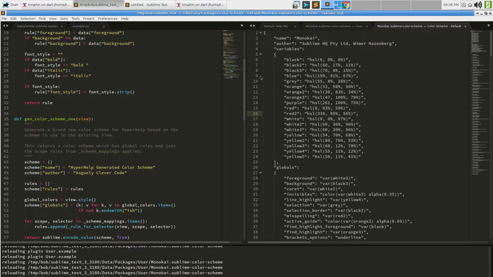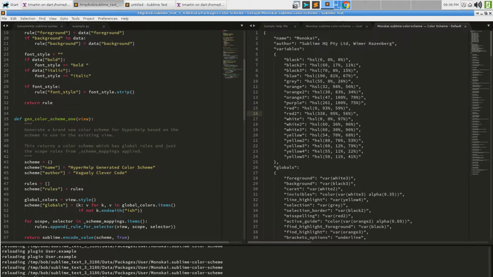So one might wonder, do we have to load this file and then load this file on top of it? Or we would have to be sure that this is the one we're creating. Don't load that one because that one's not valid. We're regenerating it, right? But maybe other packages have a Monokai color scheme too. What do we do there? And I think the answer is always use the first one in the list.